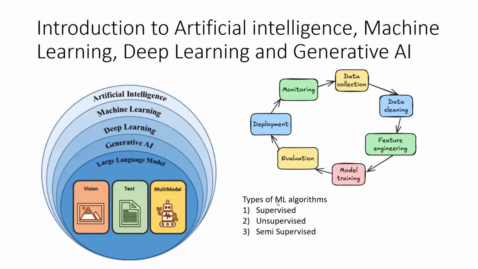And you need to train with multiple images. For example, mom having long hair or short hair, or mom with specs or without specs, or with mask or without mask, or with different color dresses, right? So the images are not constant. The images have different variations, but the kid will eventually understand who is mom or who is dad, right? So deep learning means you need to train with a lot of data, that is either gigabytes or terabytes or petabytes of data, right? So this is called supervised learning.